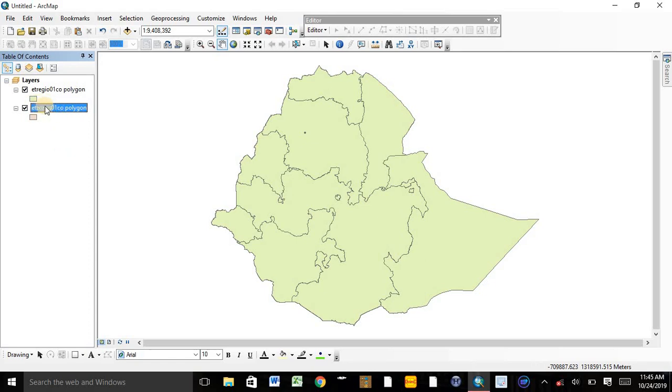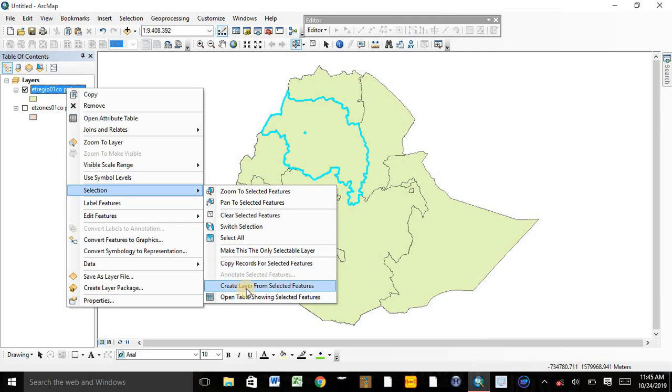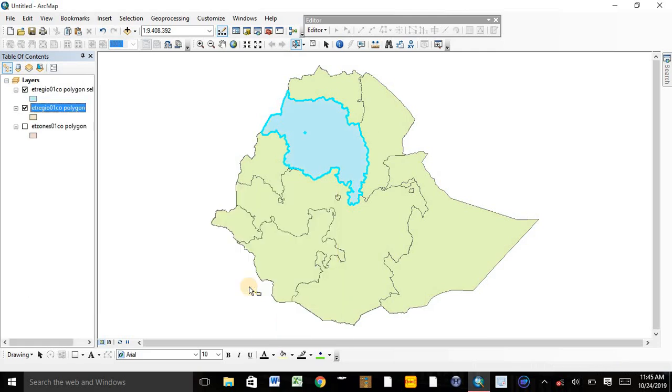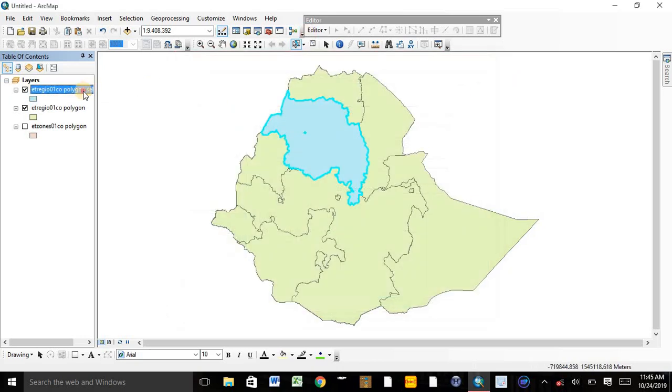So from here, we can select Amhara region. We select Amhara region, and from the selected features of Amhara region, we can create a layer for the selected features. So here we can rename it as Amhara,